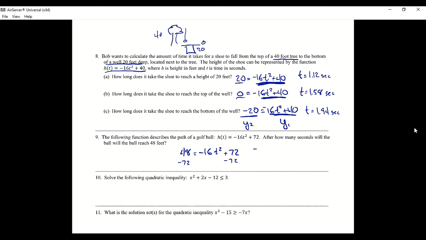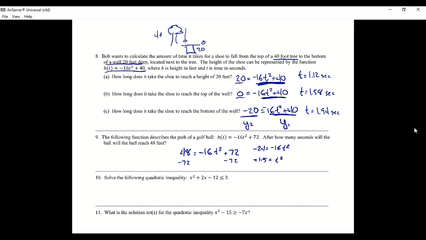So we have negative 24 equals negative 16t squared. Divide both sides by negative 16. And we have positive 1.5